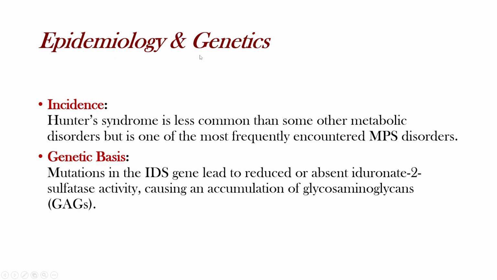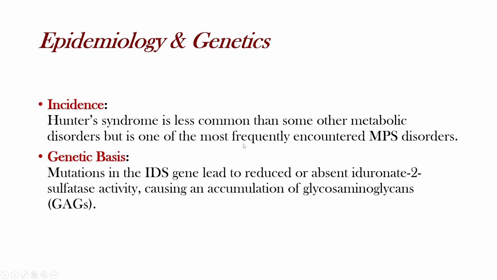So for the epidemiology and genetics, we won't see it as much as the other metabolic syndromes, but it's more frequently encountered than the other MPS disorders. So what will happen in it? Mutations in the IDS gene will lead to reduced or absent iduronate 2 sulfatase activity, and this will cause an accumulation of the